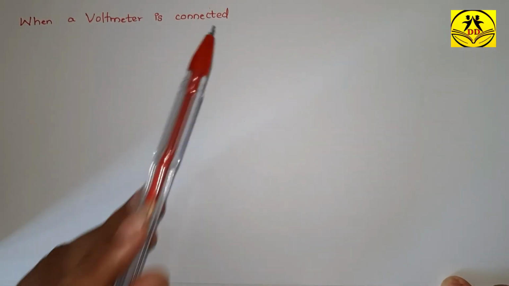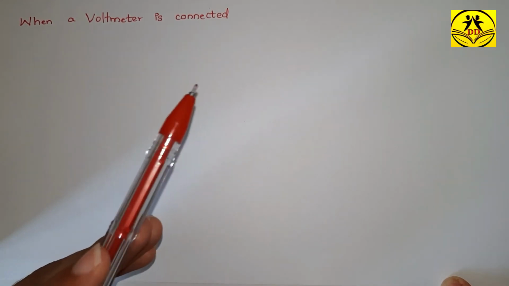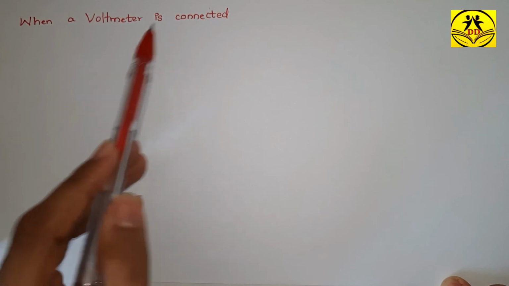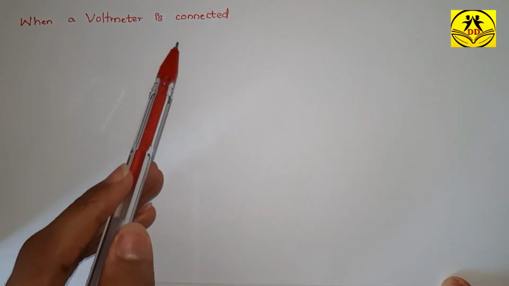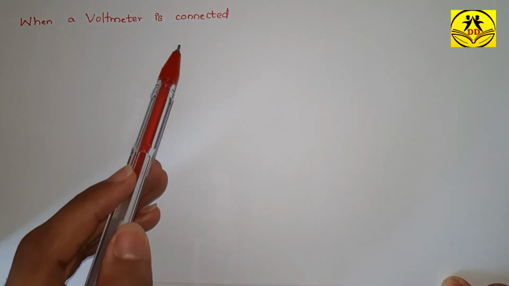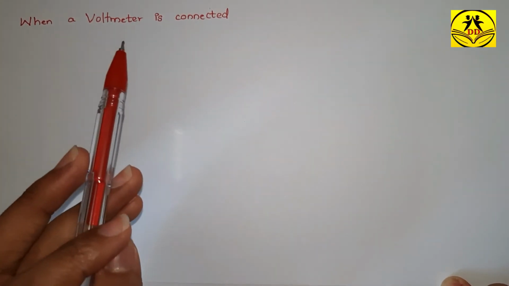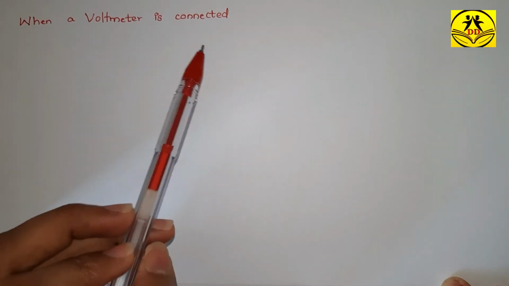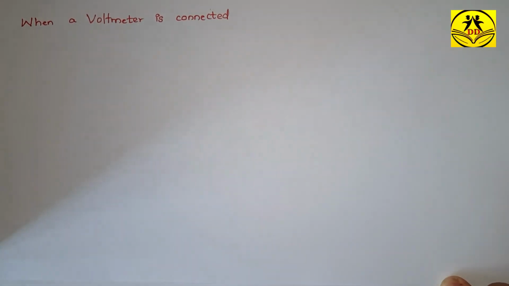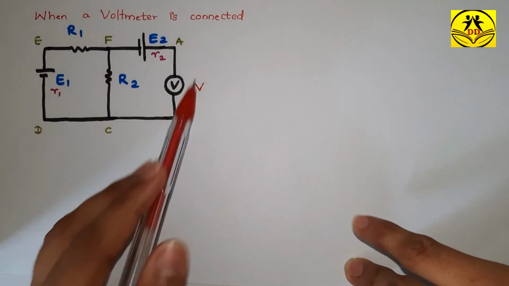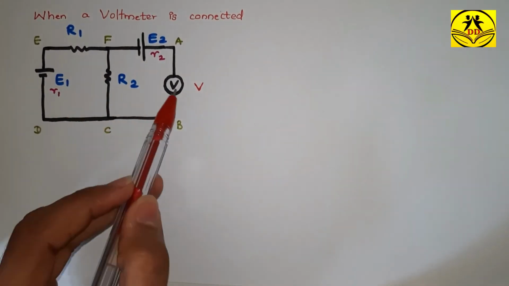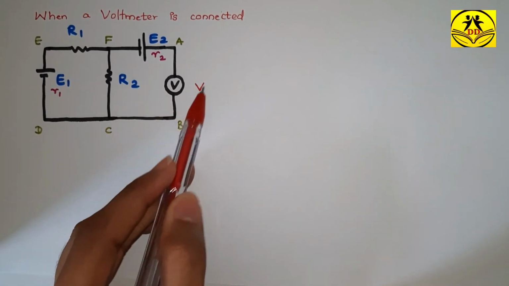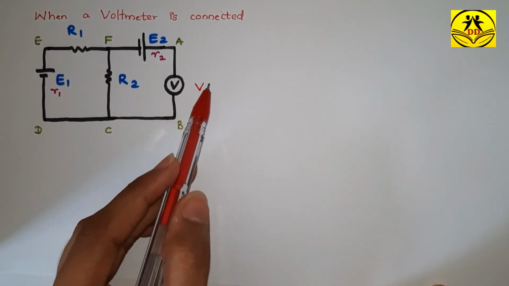When a voltmeter is connected to a certain part of a closed circuit, no current flows through the voltmeter because of the infinite resistance of the voltmeter. So when applying Kirchhoff's law by selecting a certain loop, these voltmeter readings are considered as IR products. So consider this circuit here. This is a voltmeter. This is how you denote a voltmeter, and I'll consider the reading of the voltmeter as V.